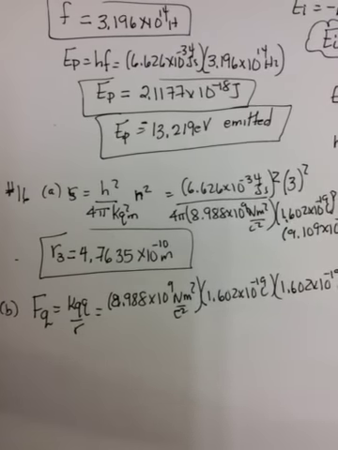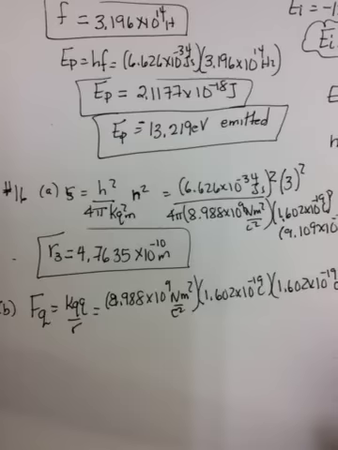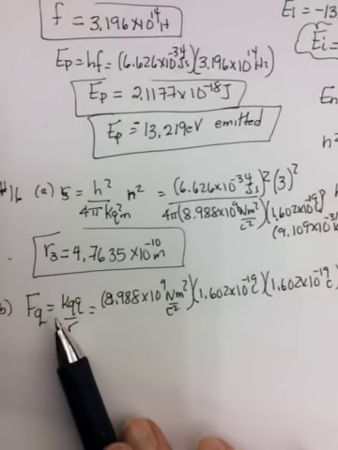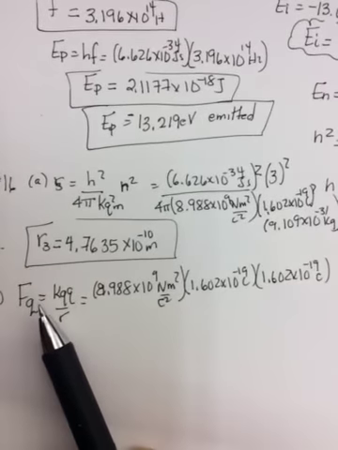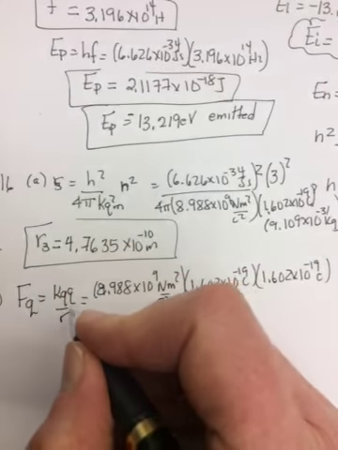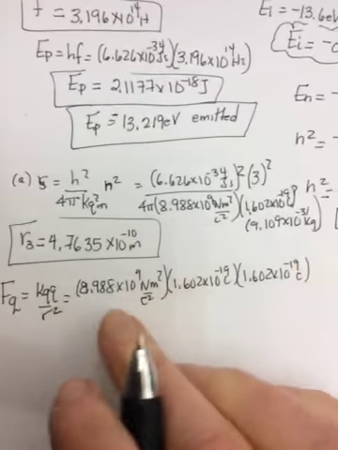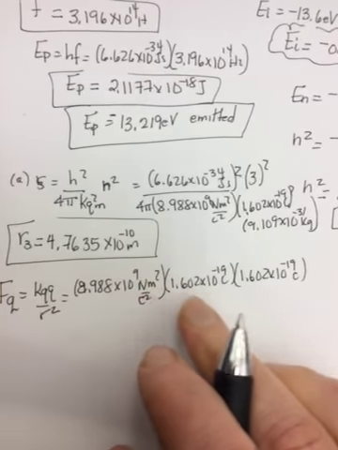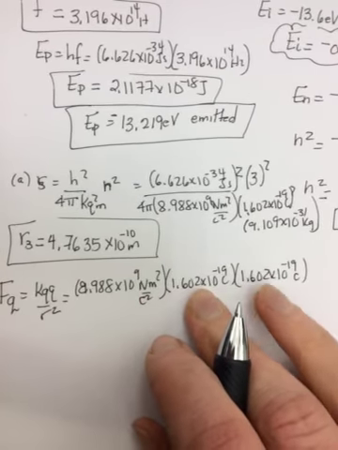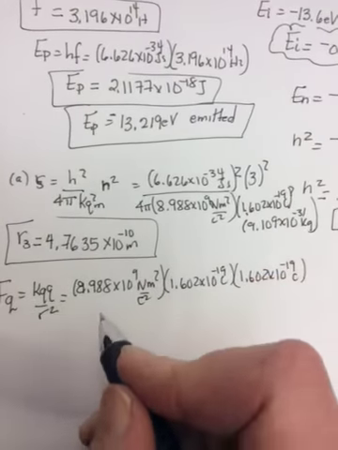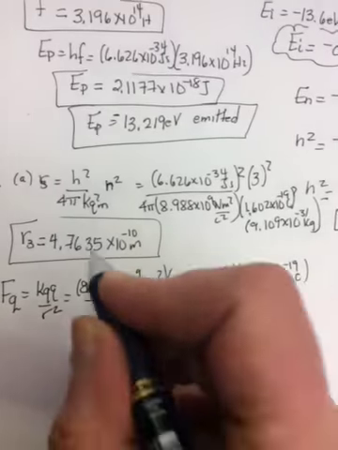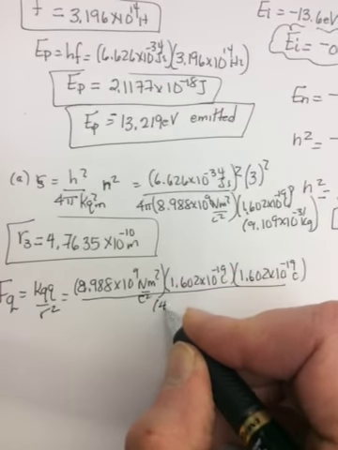Okay, we were on number 16b when time ran out of the video. We were finding the electrostatic force that was acting on the electron. So we were using kQQ over r squared. So k was 8.988 times 10 to the ninth. The two Q's were the electron and the charge on the nucleus, which was just a proton. And then the r we found in part A,